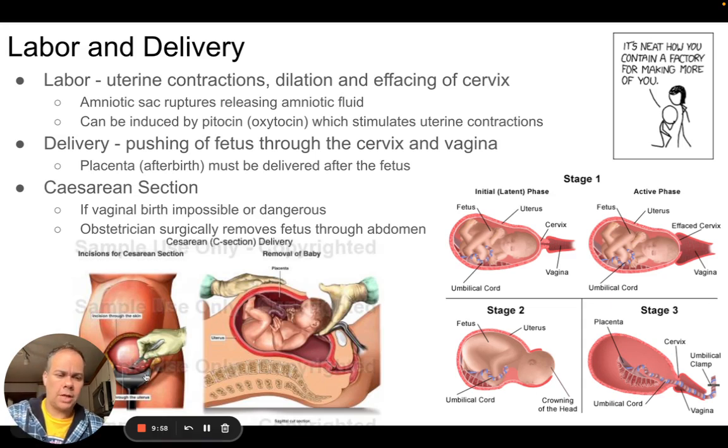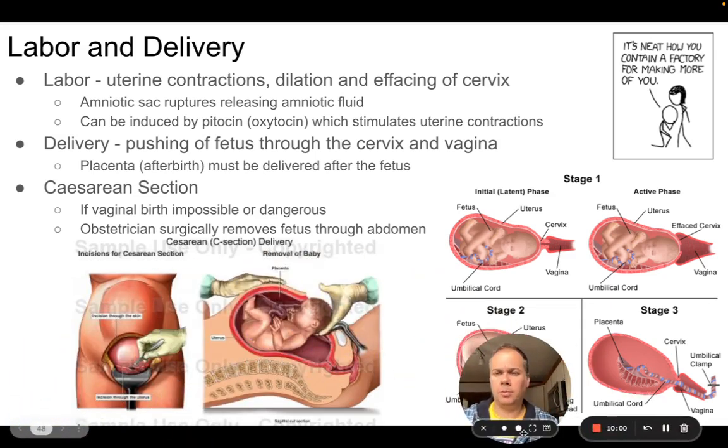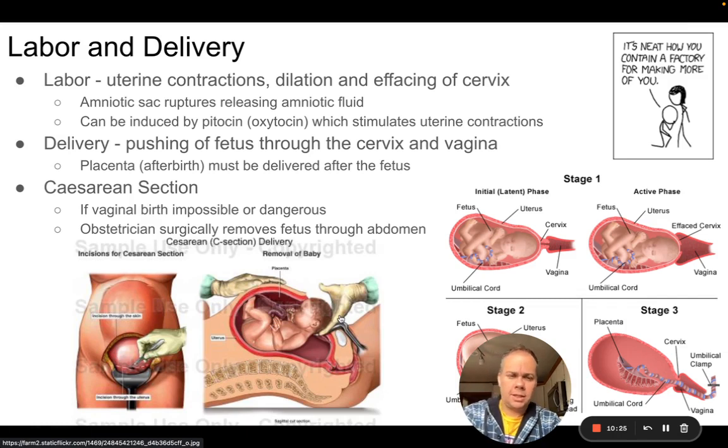Basically, it's a surgical procedure. The woman will be brought into an operating room, will be given a block, a spinal block, so she doesn't feel the surgery, but she's still awake and aware during it. And they'll make an incision through her abdomen, through the abdominal muscles, through the uterus, and then take the baby out through that incision. And this is a way that the doctor can take the baby out more quickly than waiting for the full process of labor and delivery to take place.